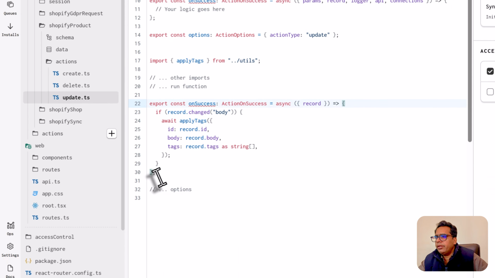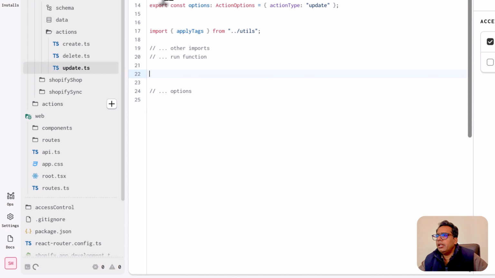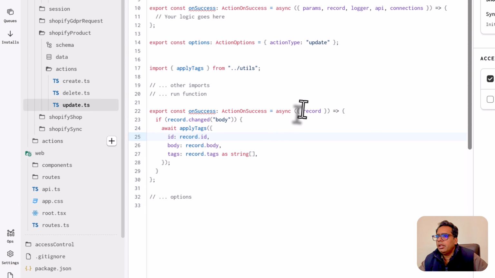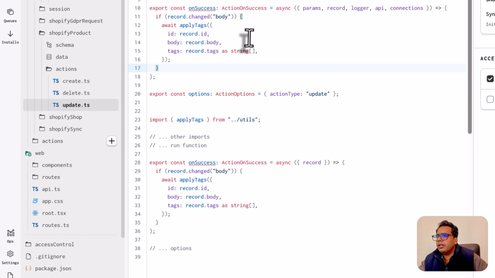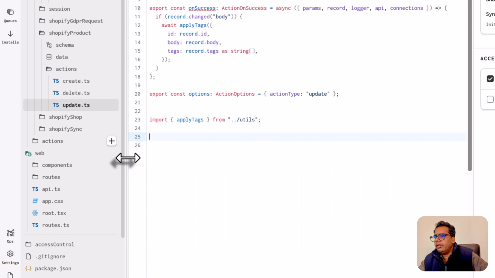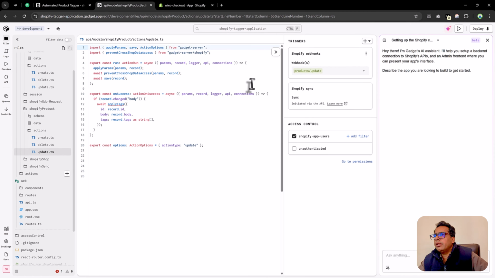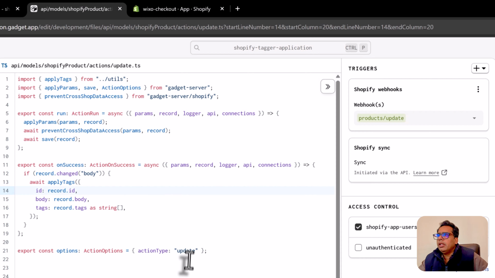We need to replace the function, control X, and this is our record, and this is our logic. Copy, and this is on success. Paste that over here, remove these things, and import the function at the top. Okay, now